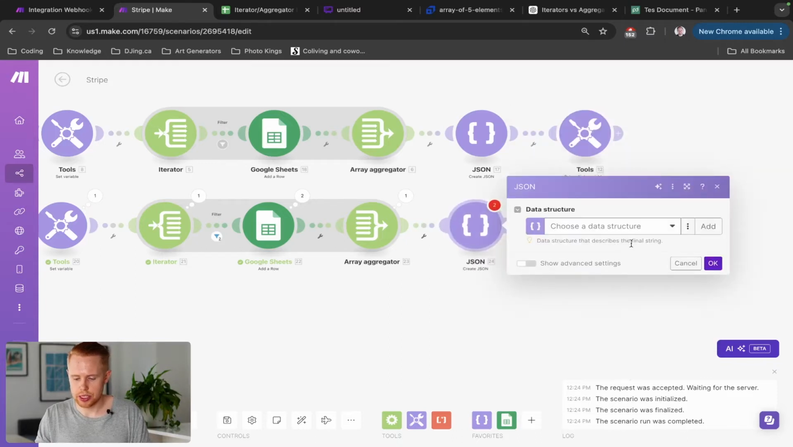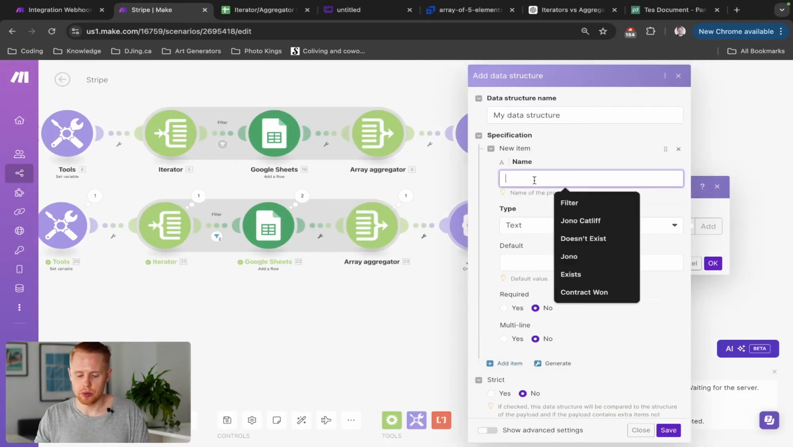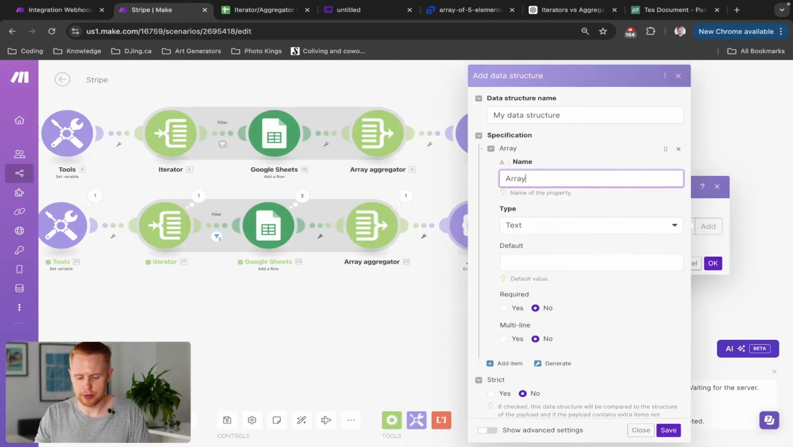Now, in create JSON, we're going to have to essentially add or define a data structure ourselves, right, that we can reference in the array aggregator. So we're going to click add, and we're going to add items in here. So we can start off by giving this a name, right? So you can name your data structure. I'm just going to keep it my data structure. And then